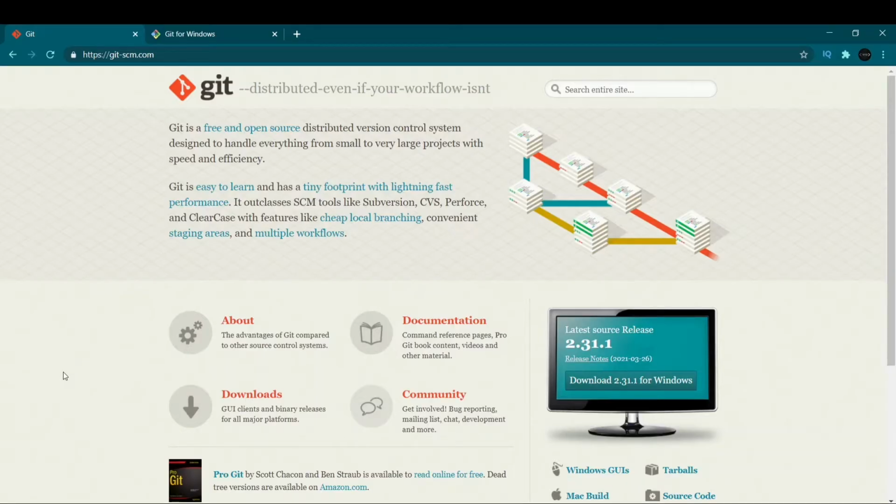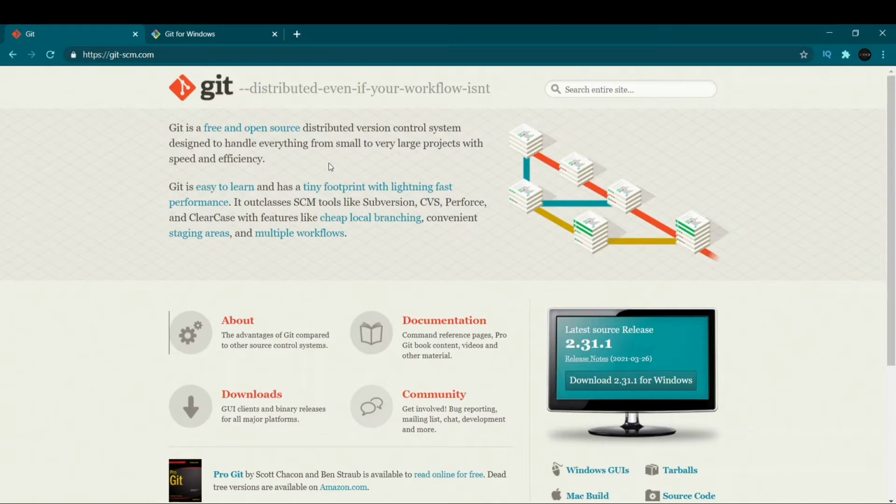So in this video we're going to see how to install Git, which is a free and open source distributed version control system. As you can see here, it is designed to handle everything from very small to large scale projects. You guys know that you can upload your projects, applications, or websites to GitHub. Git is a way in which you can upload all of that and control what you want to show on your GitHub using the command line arguments that are there in your PC itself. You don't have to go to GitHub, you can just do it by using Git.